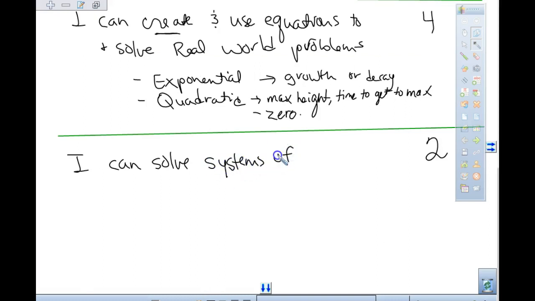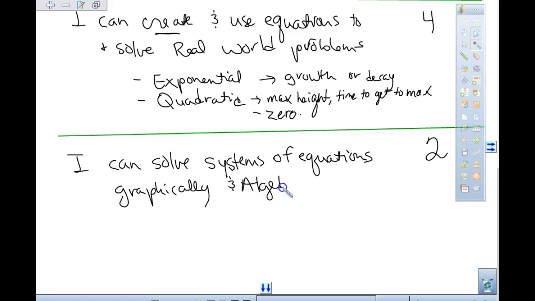The last standard is that we solve systems of equations. That's why we didn't have a test on this as part of the final. Graphically, and algebraically. Now, when you solve it algebraically, I do not care if you use elimination or if you use substitution. When you do it graphically,